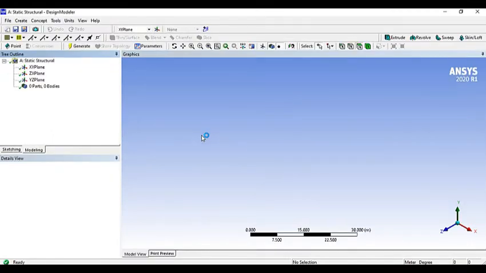This is the window of DesignModeler. See here we can see the outline of this one. This is the tree outline. Then these are the main menu.